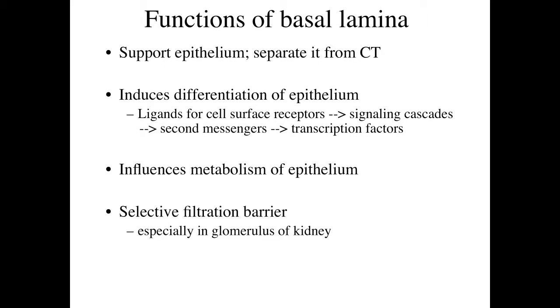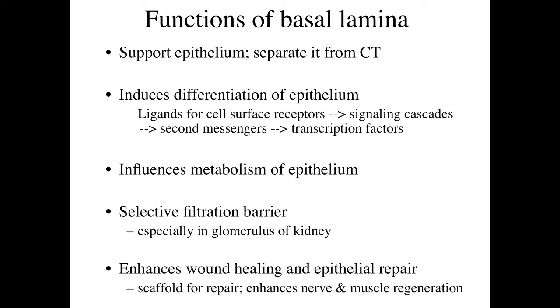The basal lamina, especially in the glomerulus of the kidney, performs a very important function as a selective filtration barrier. The basal lamina also enhances wound healing and epithelial repair. It serves as a scaffold essentially for repair,